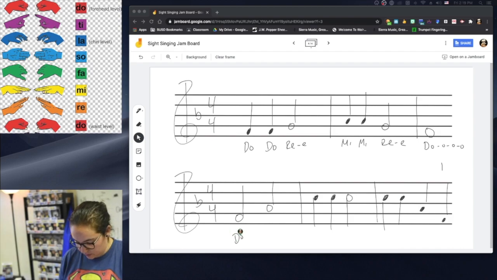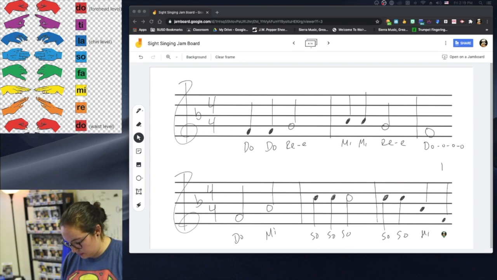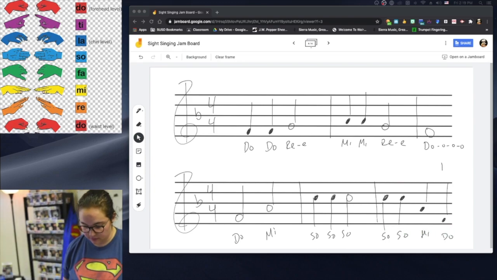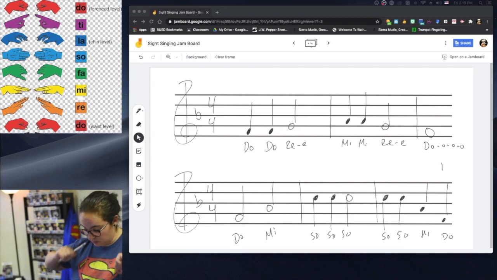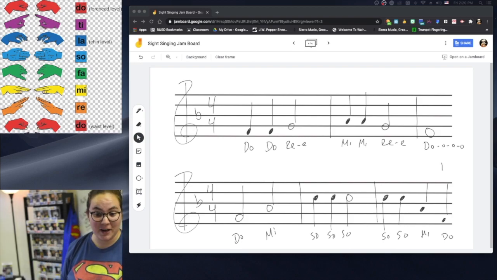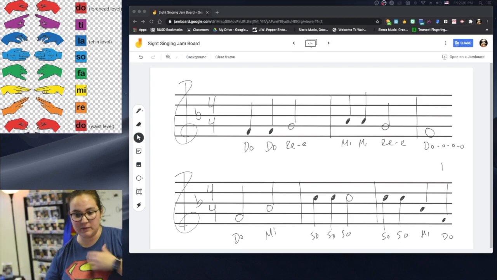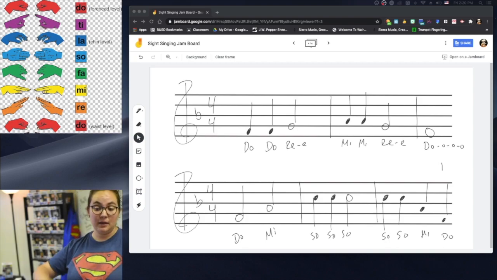We want this do, mi, sol, mi, and then lands on do. Do, re, mi, fa, sol. So if I go do, mi, sol, mi. Oh, sol, mi, do. And I want to do that again because I have 4 quarter notes and I made a mistake there, but I go do, mi, sol,